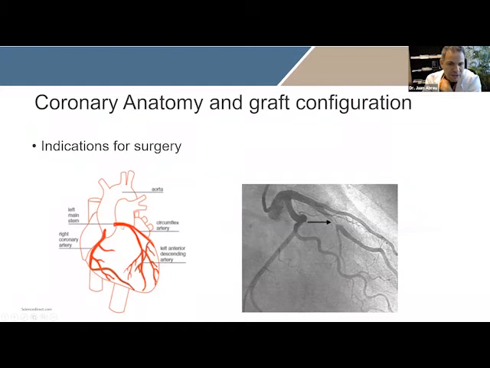There's one branch that will go in the front, like this, and one that goes on the left side to the back, to the side, all the way down. All right? The one here on the front is the most important one. Why? Because it supplies 2/3 of the muscle mass of your left heart. The left heart is responsible for pumping blood all the way up your aorta for the rest of your body. So imagine it needs a lot of fuel, right? So that's why it's so important.